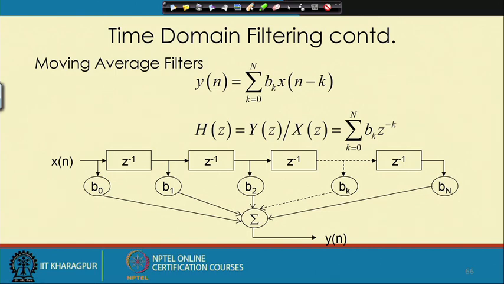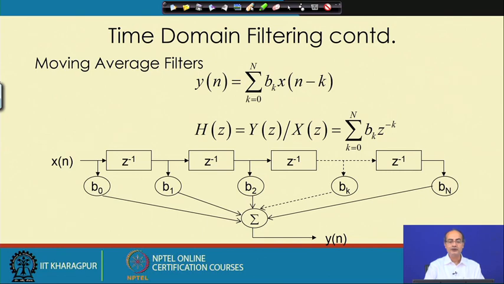So, next in time domain filtering, we take up the technique called moving averaging filters. The moving averaging filter helps to get rid of the problems we faced with synchronous averaging. It can work with a single input of the signal and does not need multiple realizations, and thereby it is much more suited for real time